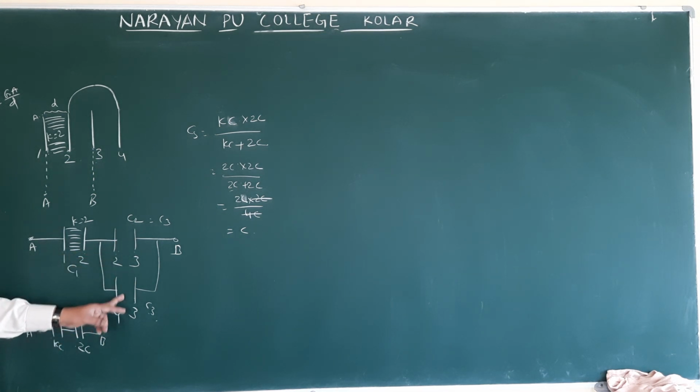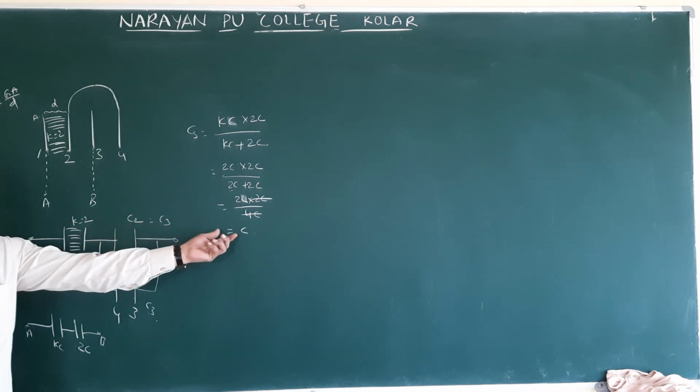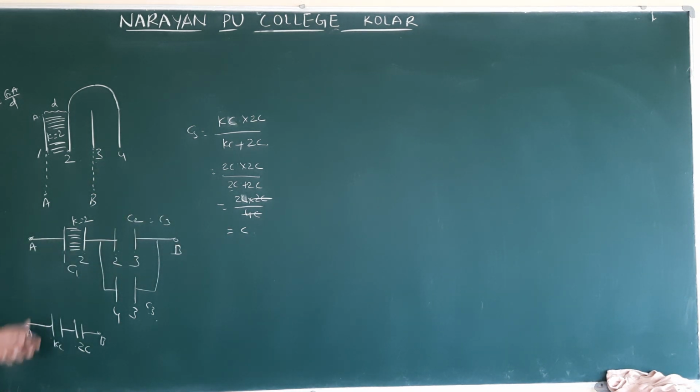So these two are equal. C plus C is 2C. This is 2C. 2C equal in series means 2C by 2, that is nothing but C. We don't need to solve like this also. After drawing this diagram, you will get the direct answer. Okay, so this is question number 10. So the answer is C, that is nothing but epsilon naught A by D. Option 1. See the 11.